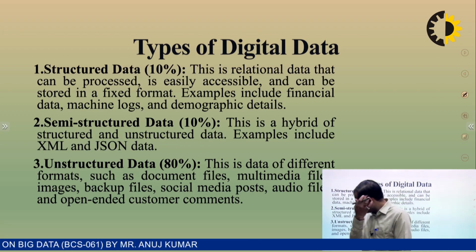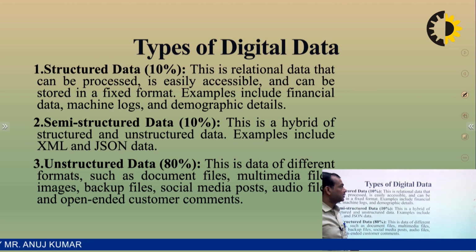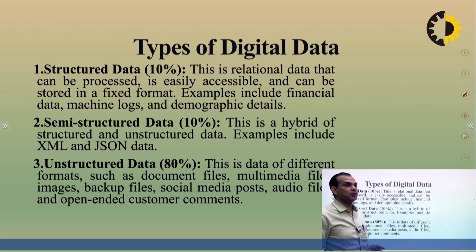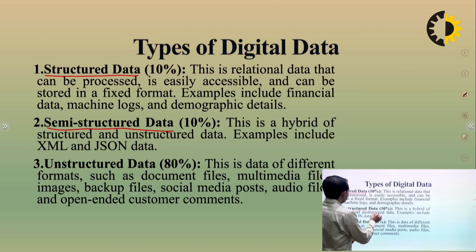As in the previous table, we define three phases. Here we have defined our digital data. Now we are using sensor-based technology, IoT, mobile phones and smartphones, so this data is produced digitally. That is digital data. There are three types of data. The first is structured data, the second is semi-structured data, and the third is